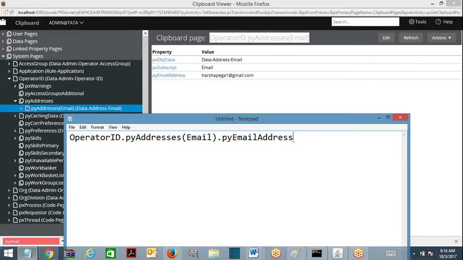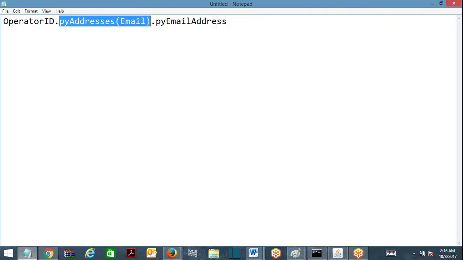So now if you look at here, py addresses of, you have a text. Previously the same kind of stuff we have seen with an index value. So that was page list. Now here in place of index you have a name. This is called page group.